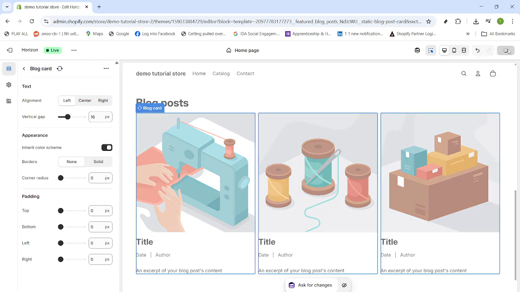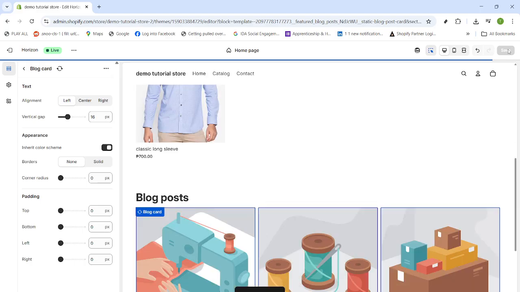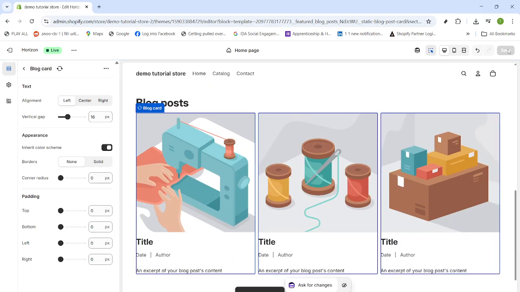Finally, click Save again. Give your page a quick scroll to confirm the grid shows your posts and that your text invites people to view more. This setup highlights fresh content on your storefront and provides an obvious link through the section title or button to reach your full blog. When you're happy with how it looks,